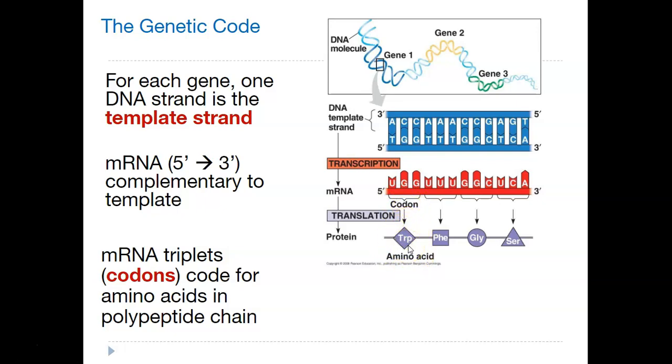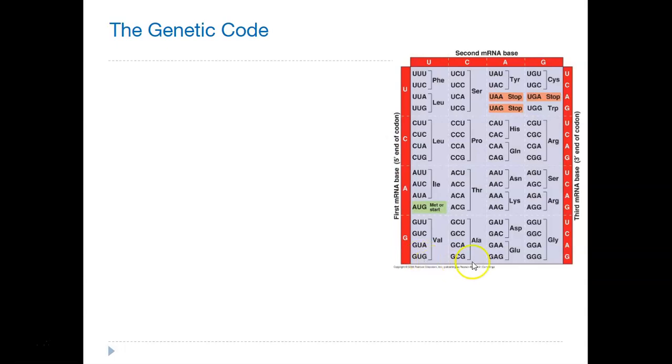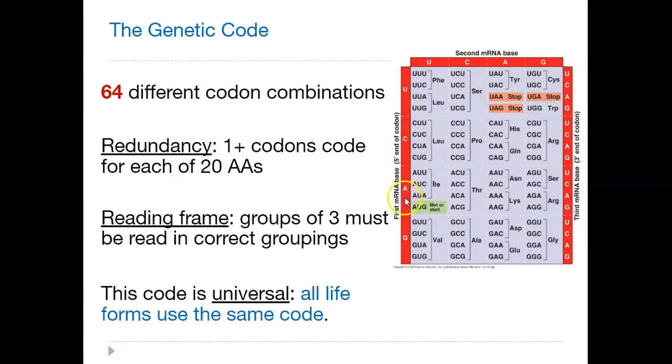And there will be some overlap as we move on, but each 3-letter code codes for one specific amino acid. And here's the chart that shows that. There's one start codon, so every protein sequence is going to start with an AUG, and that's a flag for the polymerase to know where to go and actually do its magic. There's also 3 stop codons, so if reading along the message,